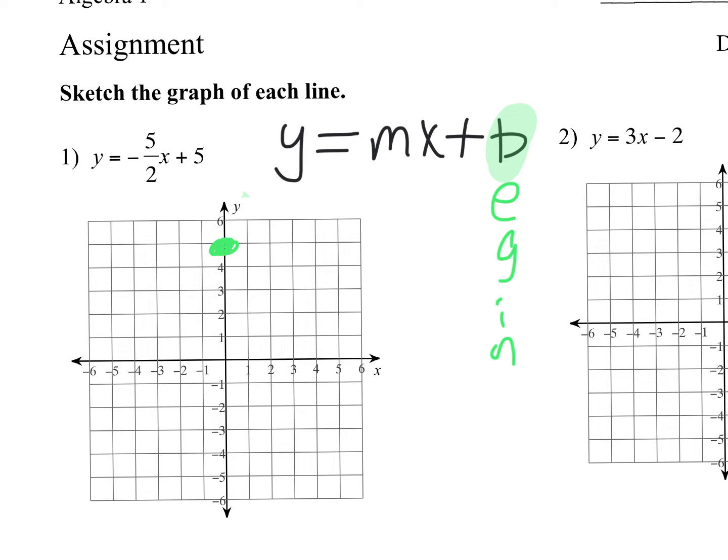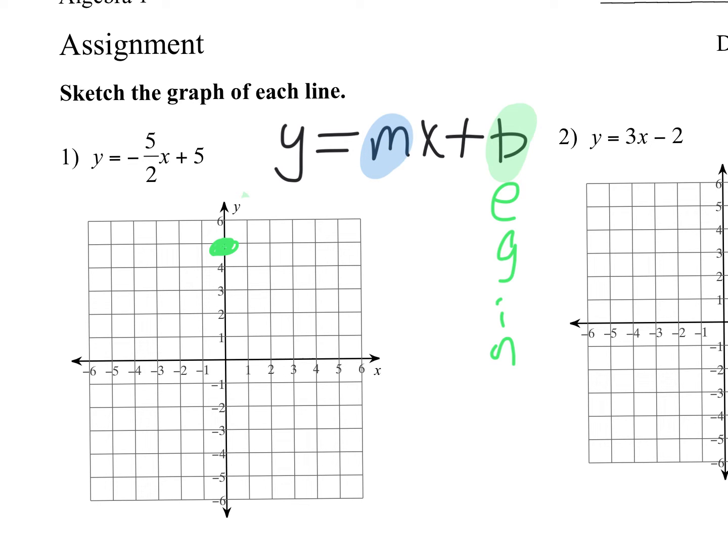at positive 5. When you're given an equation in slope-intercept form and you're asked to graph it, I'll get you paper, baby, my fault. When you are graphing a line in slope-intercept form, you're going to go straight for that b, that beginning point, and that is always where your first dot should go. Now, the m, go ahead,